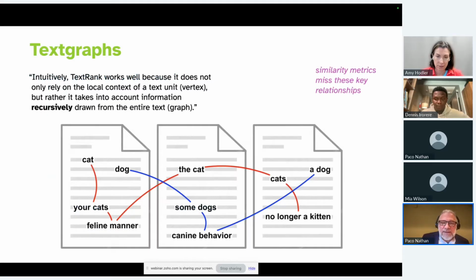The reason why is that TextRank really draws information recursively from the text by leveraging the graph-like nature of references when we're speaking or writing. And it's a lot more depth than the kind of similarity metrics you'd get with, say, a vector database. Leveraging these graph analytics algorithms gives you a lot more depth than the shallowness of similarity metrics. And so key relationships can be found that would be missed otherwise. That's one of the reasons why GraphRAG is usually better than RAG.